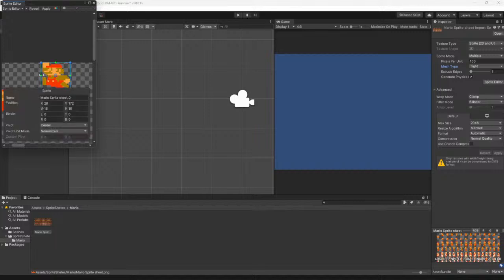So for example, on this one, what I want to do is come in here and slice this up. And so the way that